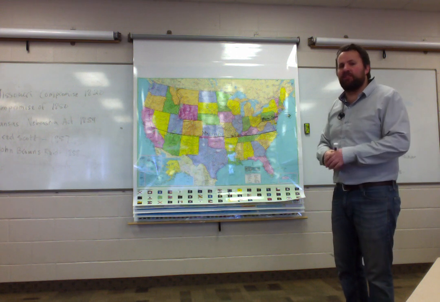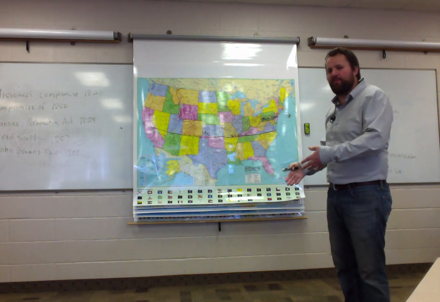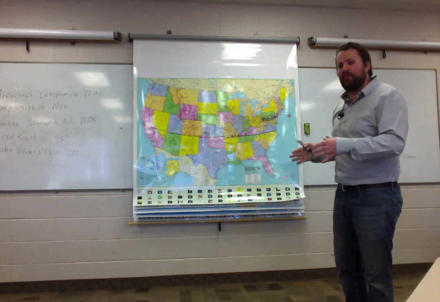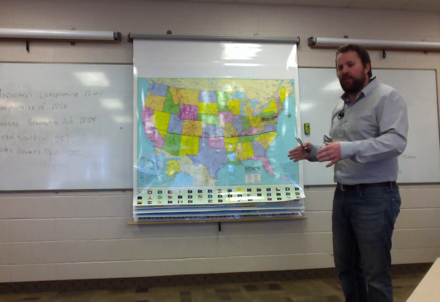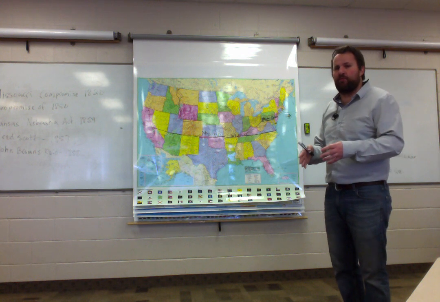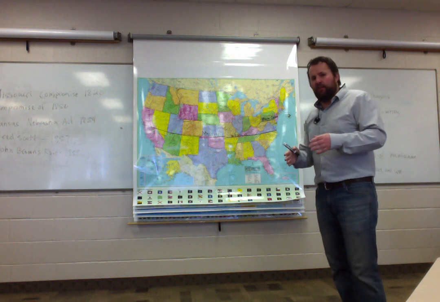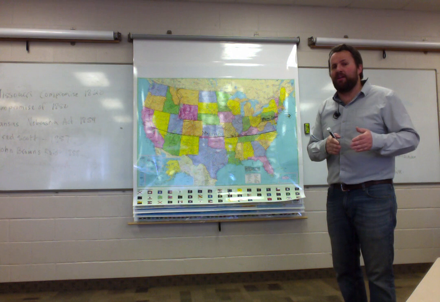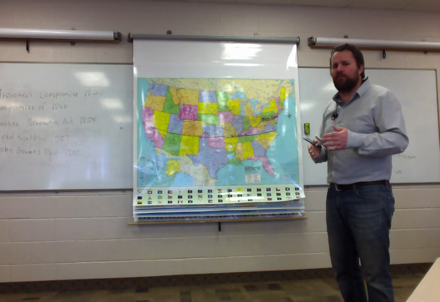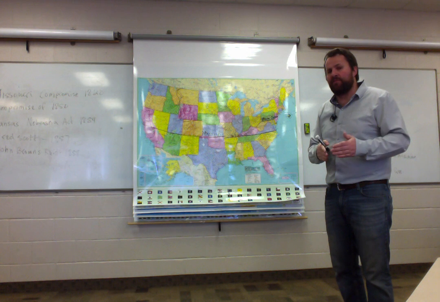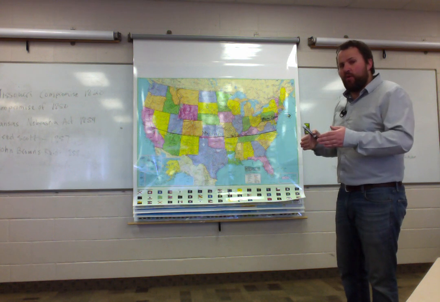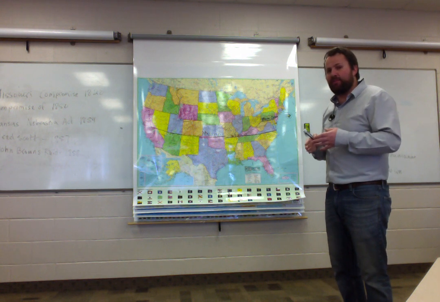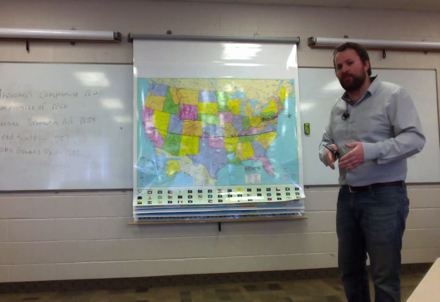So states with large populations have a large amount of representatives. States with small populations have a small amount of representatives. However, the Senate is always 2. And every bill starts in the House of Representatives. A bill is a potential legislation, so a potential law. Okay? So a bill gets started in the House of Representatives, but it must go through the Senate in order for it to be signed into law by the president. And he can even veto it as well. But the point is, it has to go through the Senate. So if the anti-slavery North, which has a much larger population, wants to get anti-slavery legislation passed, they have to have more senators than the South does.